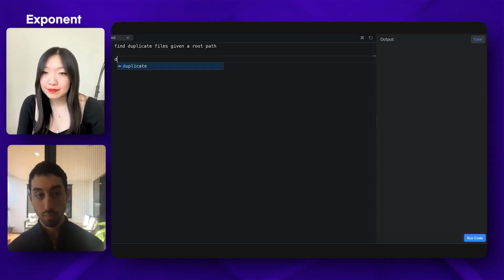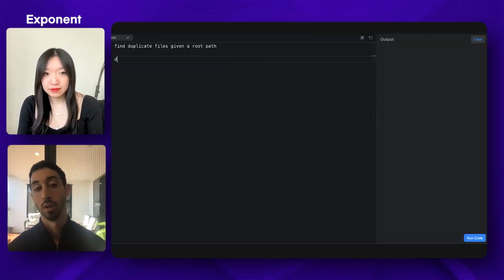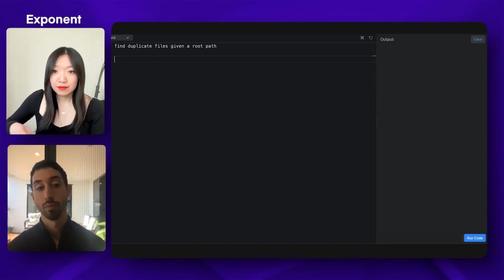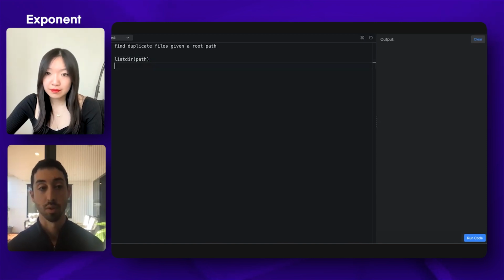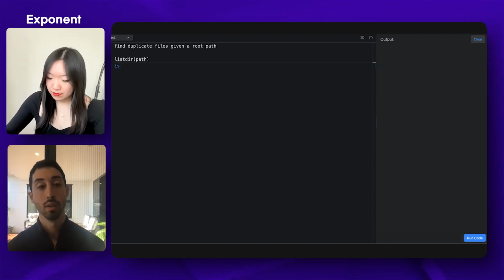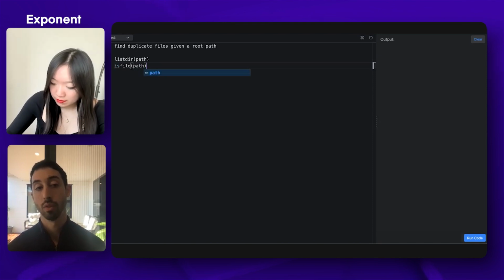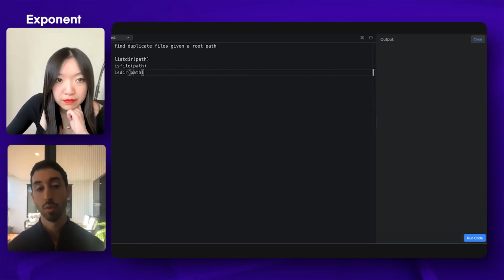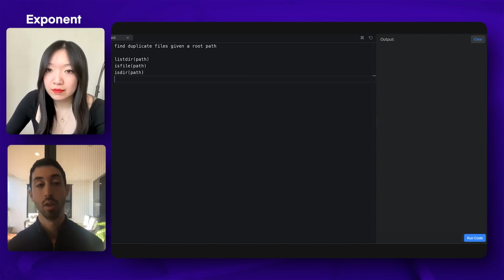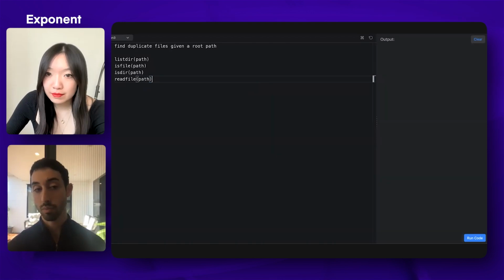I would need a list directory function to read all the files under some directory, is file to understand if a path is a file or a directory, is directory maybe to understand if a path points to a directory, and I guess read file, something like that.